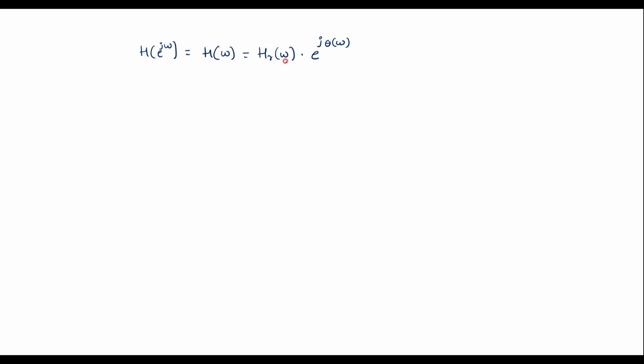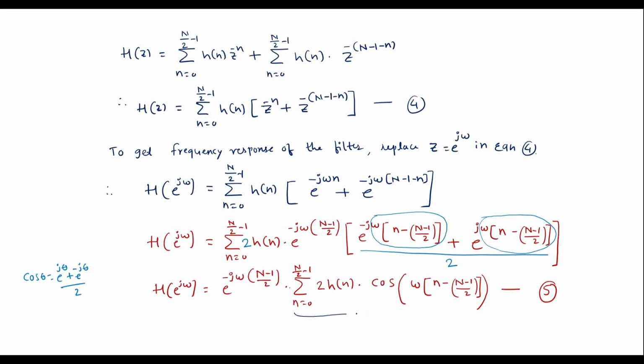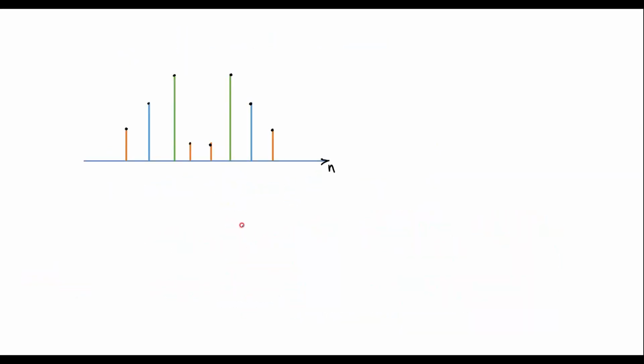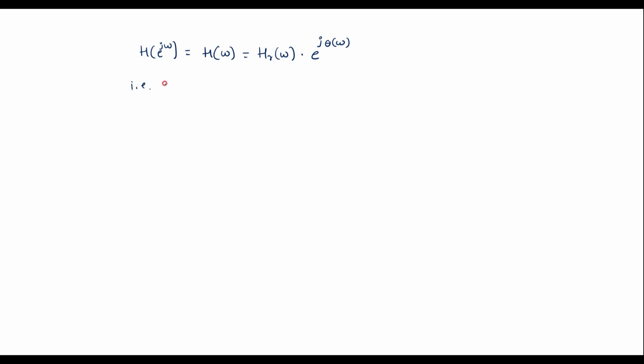Now if I compare this expression with equation 5, I can write this is H R of omega and this is e power minus j theta of omega. Therefore, comparing the above expression with equation 5, I can write H R of omega is equal to